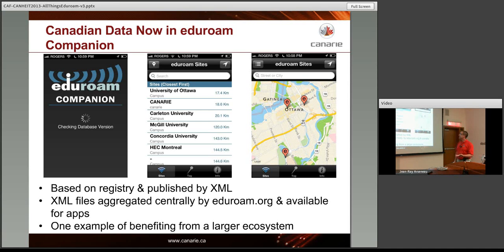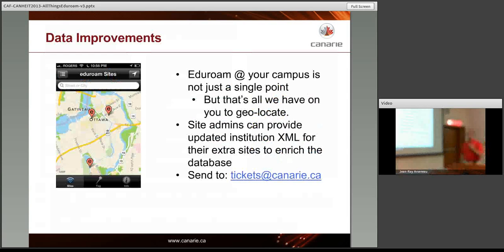So it's one example of, as part of the Canadian Access Federation, you're part of a larger ecosystem. We didn't have to build this application, but yet we get the benefit from it. To get more benefit from it, we are asking the community to help provide some more information for it, because we know that this is a great tool to help people find where they can get online, but those